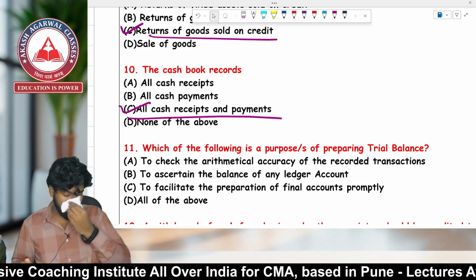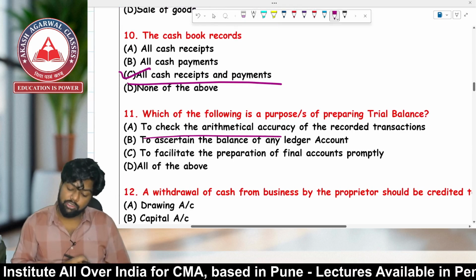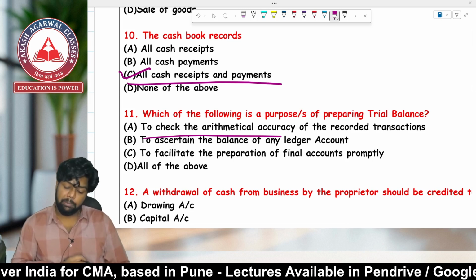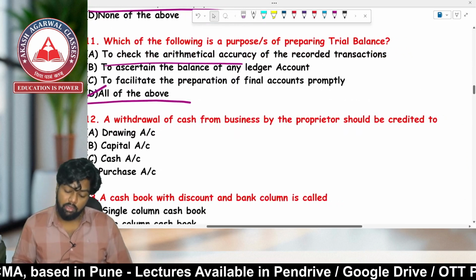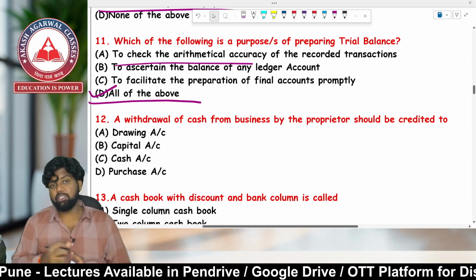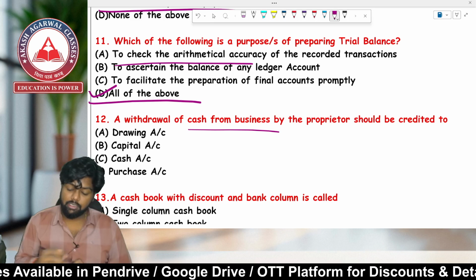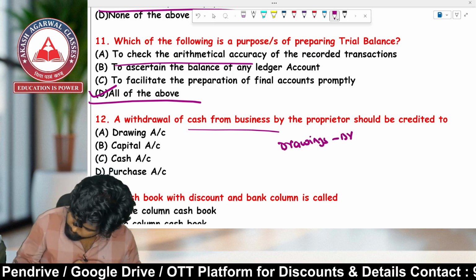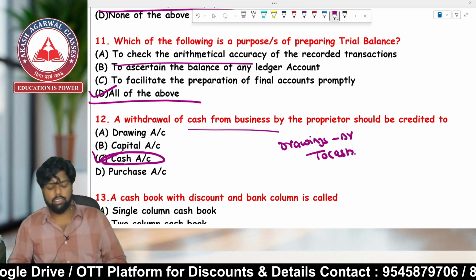Cash book records all cash receipts and all cash payments, option C. Which of the following is the purpose of preparing a trial balance? To check the arithmetical accuracy, to ascertain the balance of any ledger account, to facilitate the preparation of final accounts. All of the above. A withdrawal of cash from the business by the proprietor should be credited to... I have explained this entry. Drawings account debit